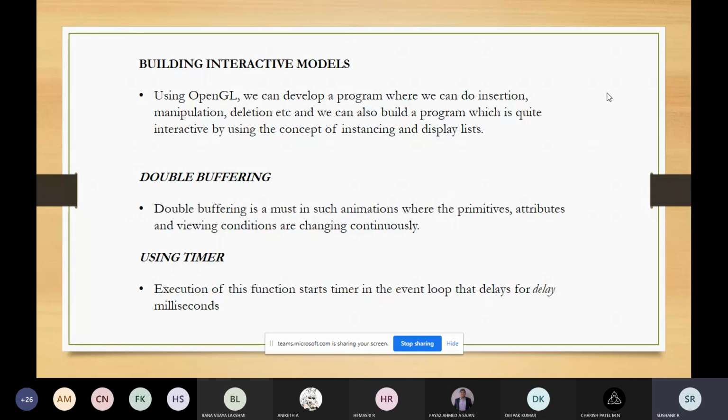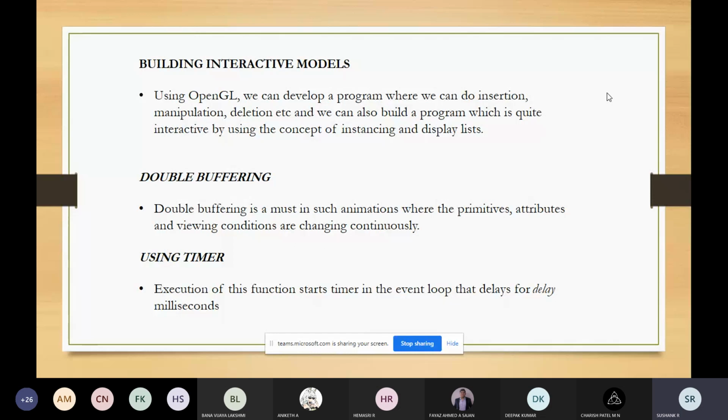So what does instancing mean? For example, if you're building an application which contains chairs, tables, some household items, these items will act as building blocks for that application. Each time a chair is displayed, each time a table is displayed, that particular occurrence of the item is called an instance. It's like an object. Whenever instances of these building blocks are created by the programmer using the application program, these instances will be stored in a table called the instance table.